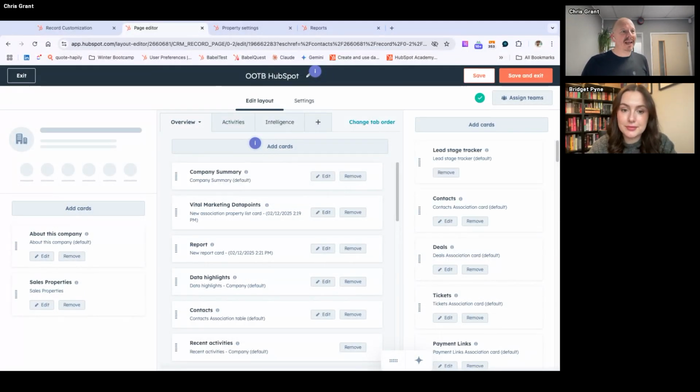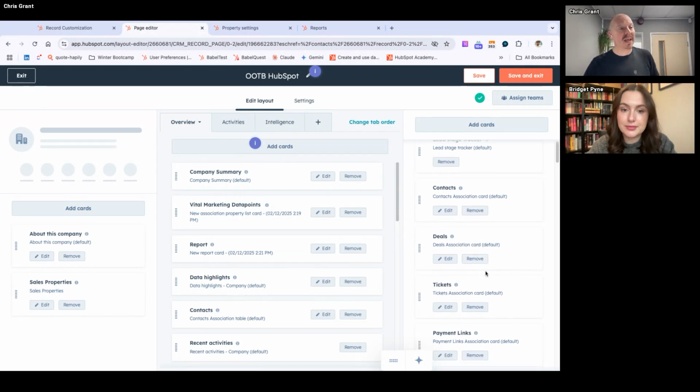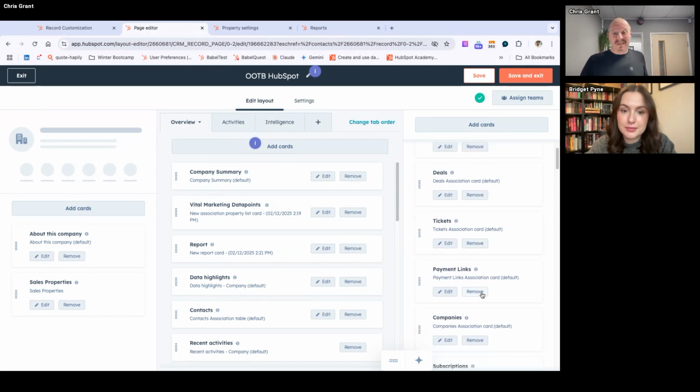We might want to track the lead stage. We want to see associated contacts and deals. But let's say we're not using payments. This is a company. We might not want to see associated companies, or we might want to review that in the middle column. And again, there's a consideration there about, do we need to have the data in 2 places, or do we just need to have it in one place that everybody knows where it is? So that sort of double data can be quite harmful. So direct them, show them what they need, and that's much more useful.